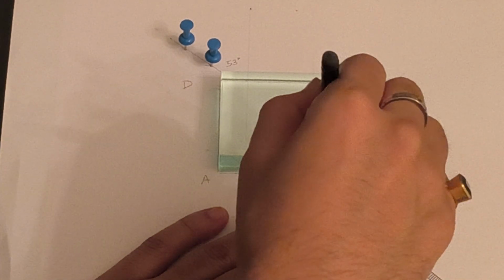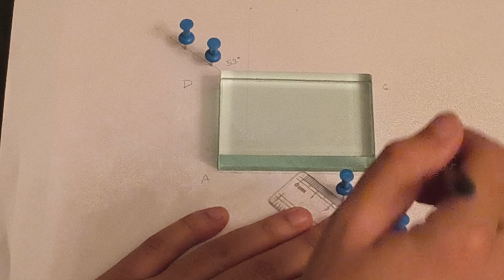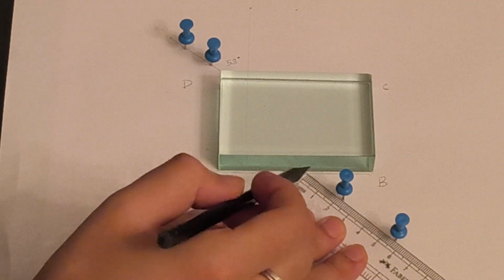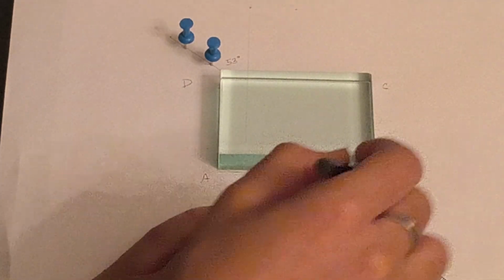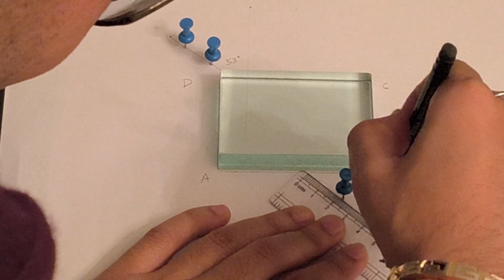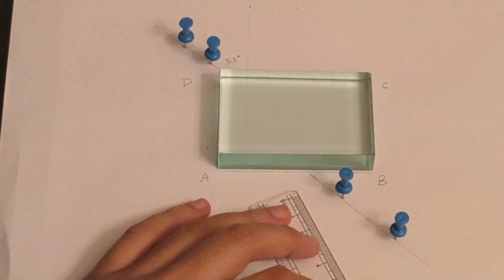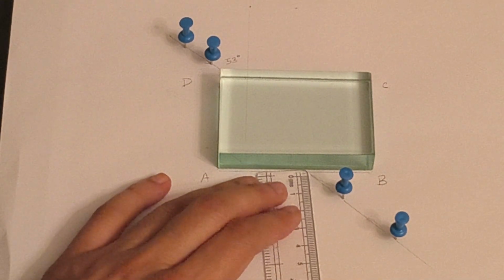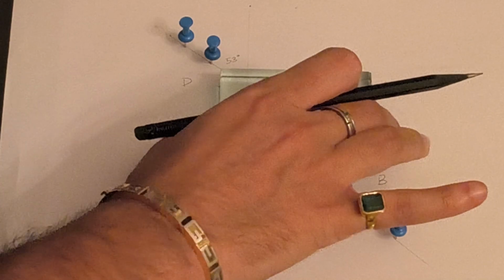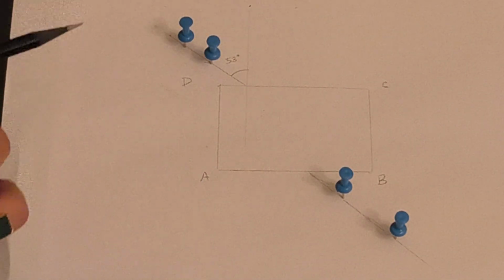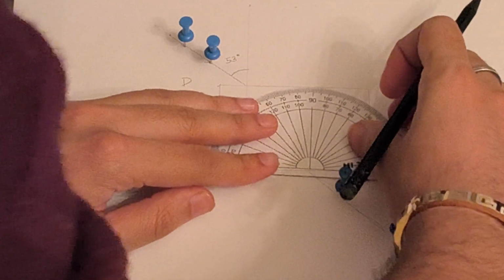This is slightly bent. I'll join the ends of the other 2 thumb pins on the opposite side, and we'll see that we are not getting a single straight line. Instead, we are getting a line which is slightly bent over here. So once we've obtained our refracted ray or the emergent ray, we'll connect the heads of the thumb pins and we'll draw our ray, and we'll also draw a normal so that we can measure the angle of emergence over here. So we've obtained our emergent ray,